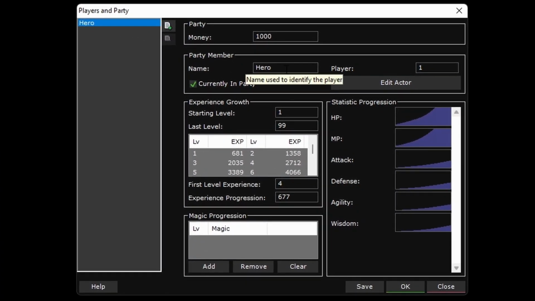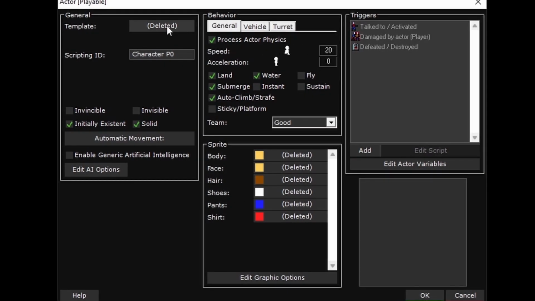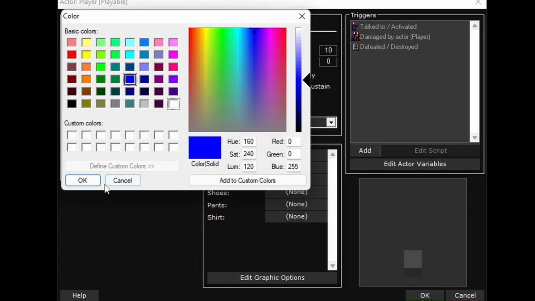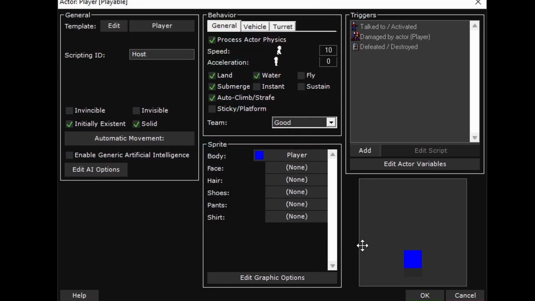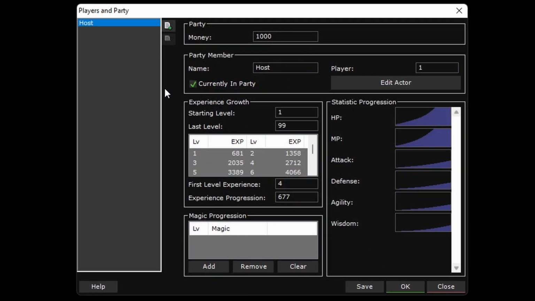I'll name the first one host. Use the player actor template. Also change its scripting ID to host, change speed to 10, and I'll use the color blue for the host. I'll also create a second player for the guest,